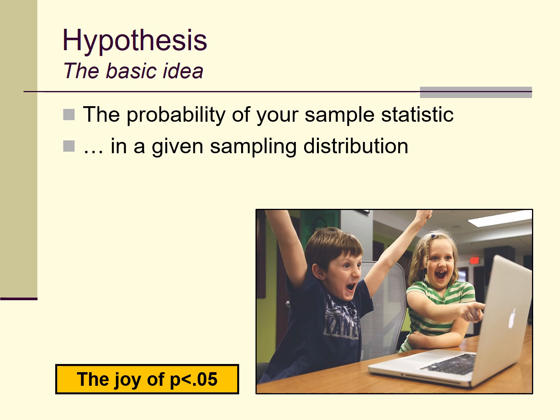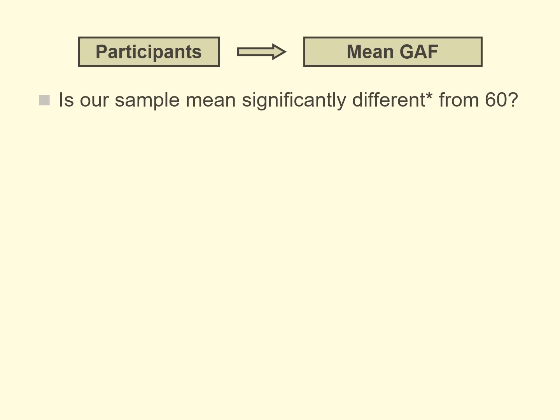And if that probability is relatively low, falls below our threshold of p less than 0.05, we experience the joy of statistical significance. So we've got our one sample of people drawn from our population, and we've got a sample mean for them, and we want to ask the question, is this sample mean significantly different from 60,